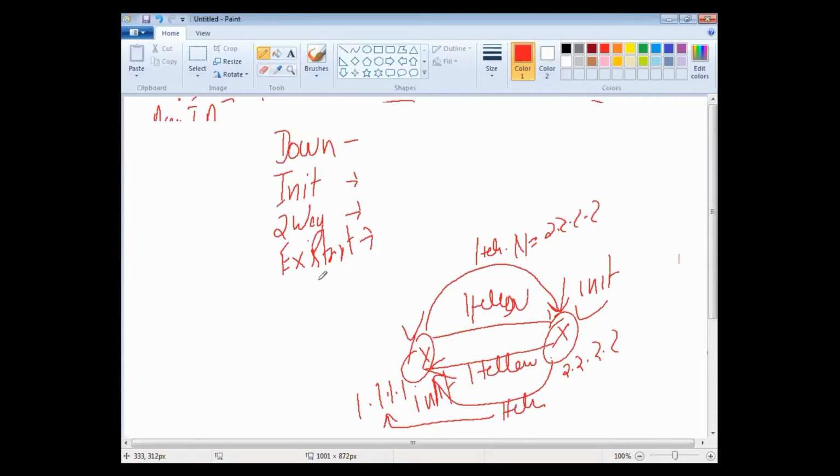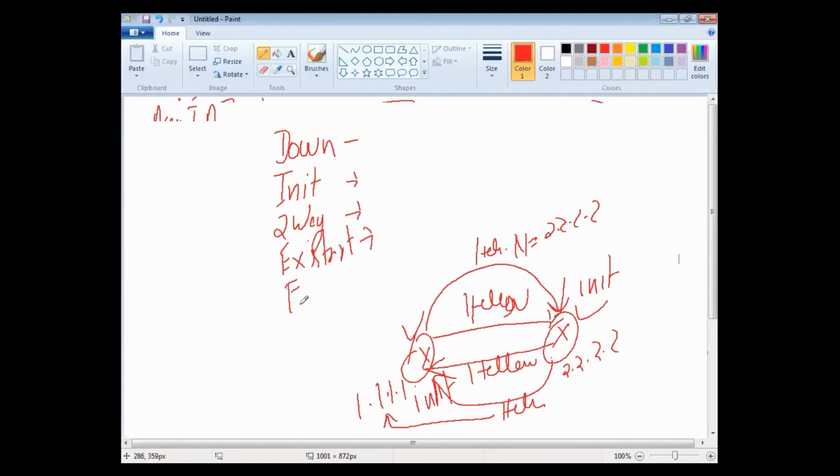Just remember that in ExStart stage there will be a master-slave relationship. It decides who will begin the exchange. What is the criteria? We don't know, and we don't need to know, because there is nothing in troubleshooting for that. They just prepare the link state information, and whichever is the master, that router starts the exchanging of the link state information.